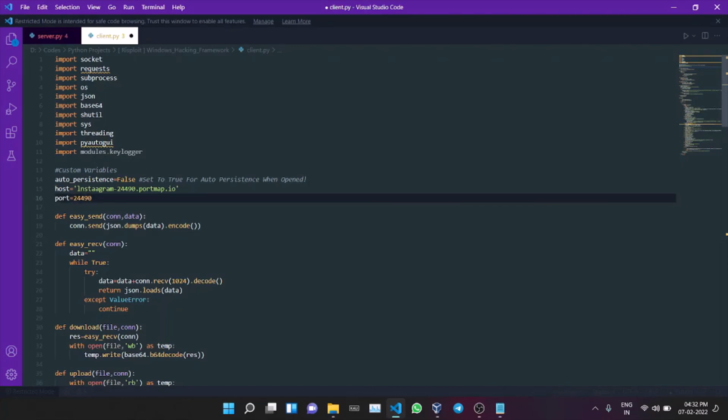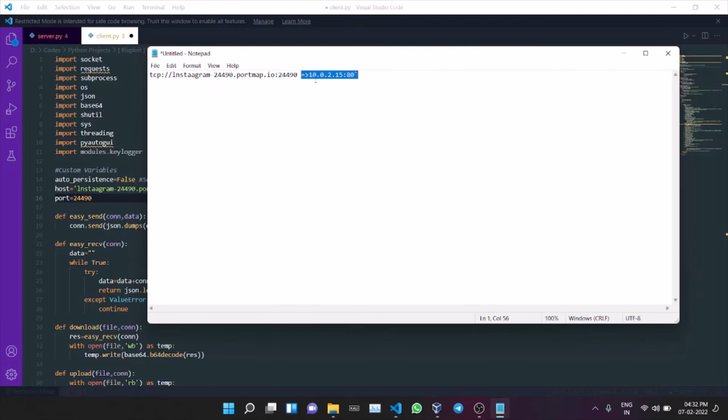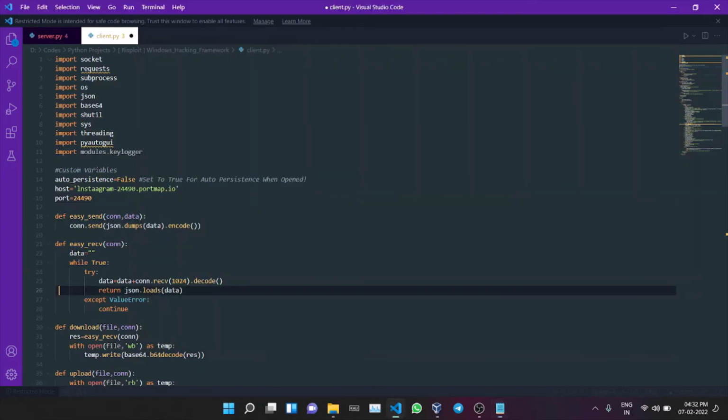I will paste it here. So what our client will do now is send the request to this domain, which maps to our IP and this port, and this is the portmap server, and later it will be forwarded to our IP, this IP, sorry, not this one. I have written the wrong IP here. I should actually remove it.